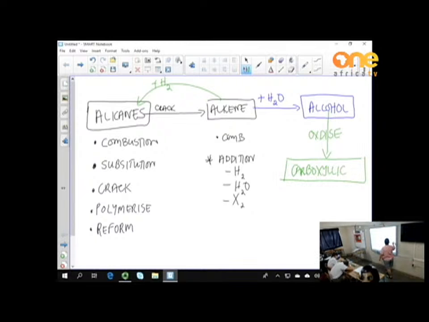Because if there is oxygen in the bottle, the alcohol will oxidize, and it will form something known as a carboxylic acid. Now, first of all, it's an acid. So it has a pH lower than 7. The most commonly known carboxylic acid for you would be vinegar. Vinegar is a carboxylic acid, and that is what forms when the alcohol in the wine is left to oxidize. Okay, so